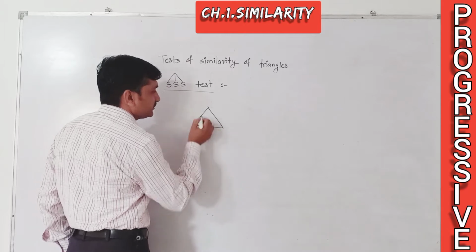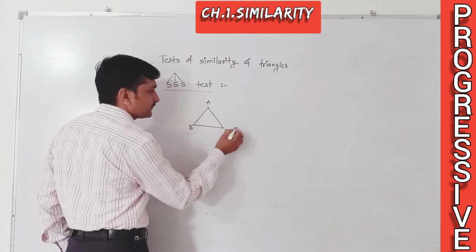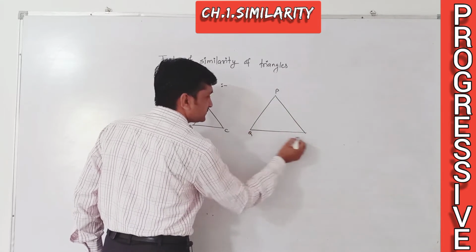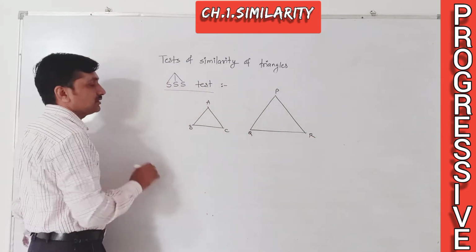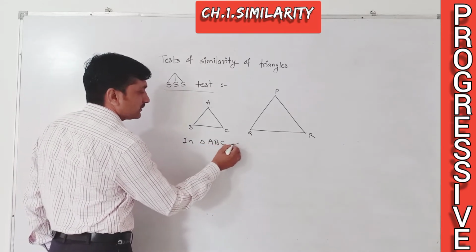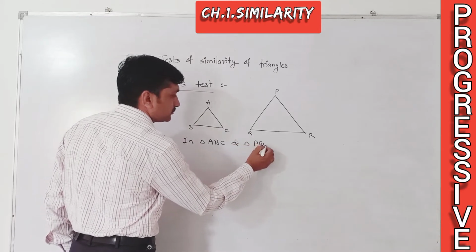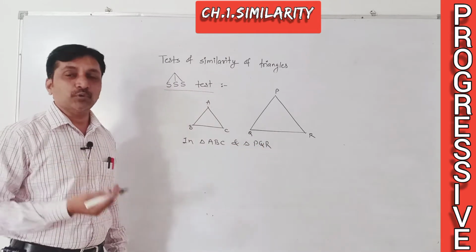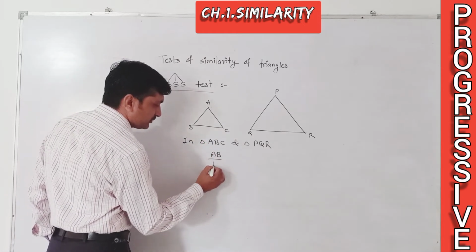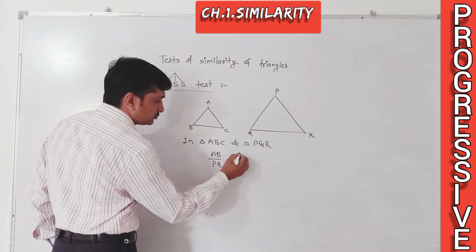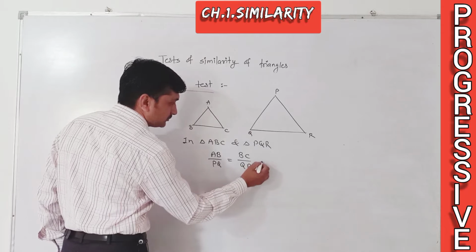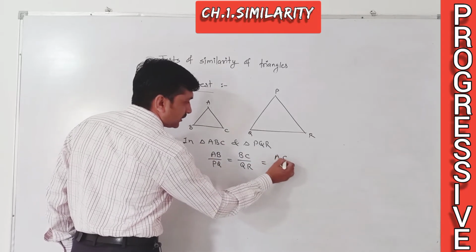With a figure I explain here, triangle ABC and triangle PQR. We have to show these two triangles similar by SSS, and for that all three corresponding sides should be in proportion. Corresponding of AB is PQ. It should be equal to BC over QR, the corresponding of BC. The third pair is equal to the first, AC upon PR.